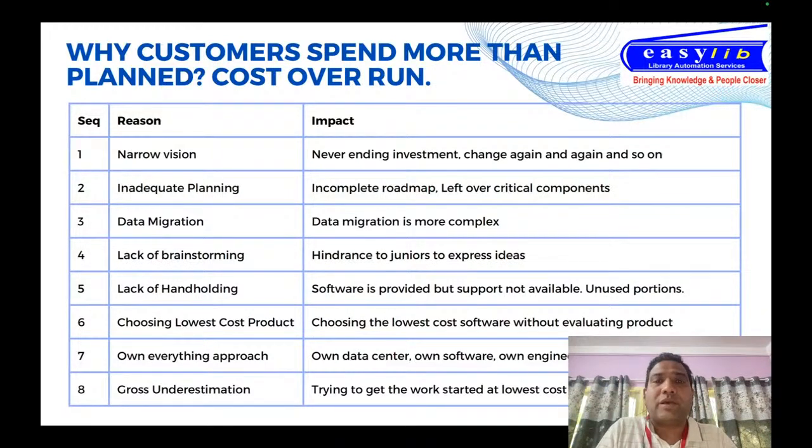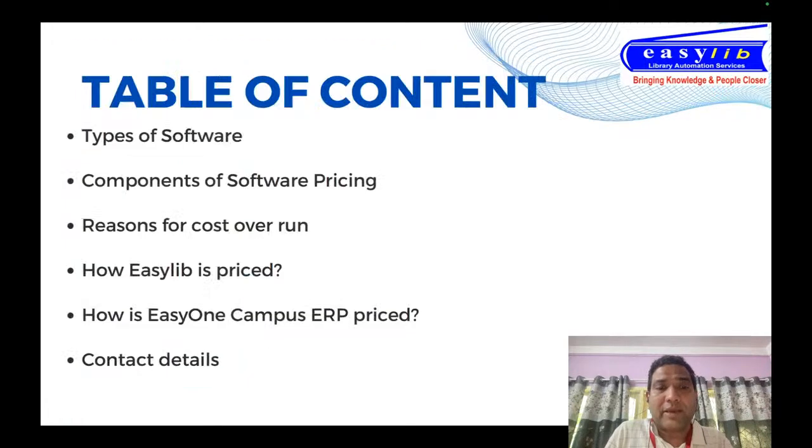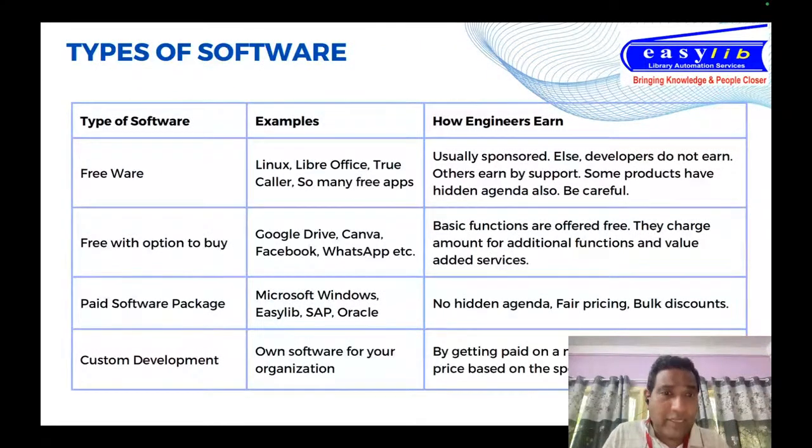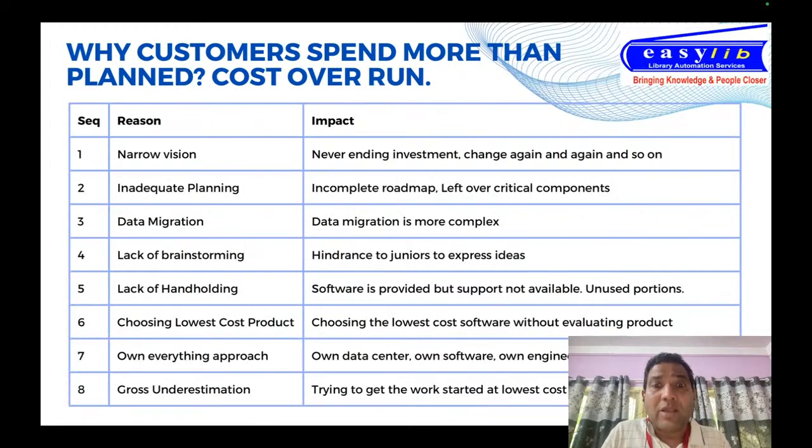You want to own it, because when you go with products like Microsoft Windows or Easylib or SAP or Oracle, we are only offering you the license to use it. You don't own the product. However, if you want to own the product, you write it, right? So the mindset of owning the software costs you a lot of money. For that, you hire your own engineers, many engineers, much bigger infrastructure and all that. So that is one of the reasons for cost overrun and huge spend in many organizations. Next is